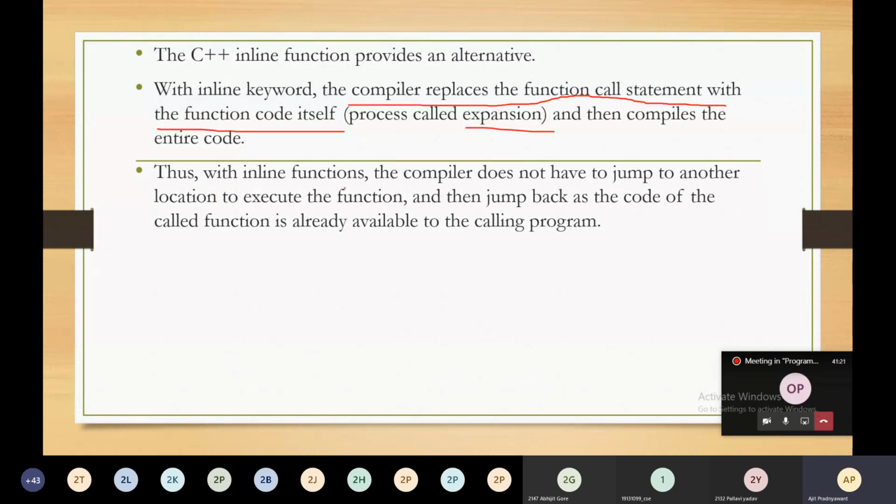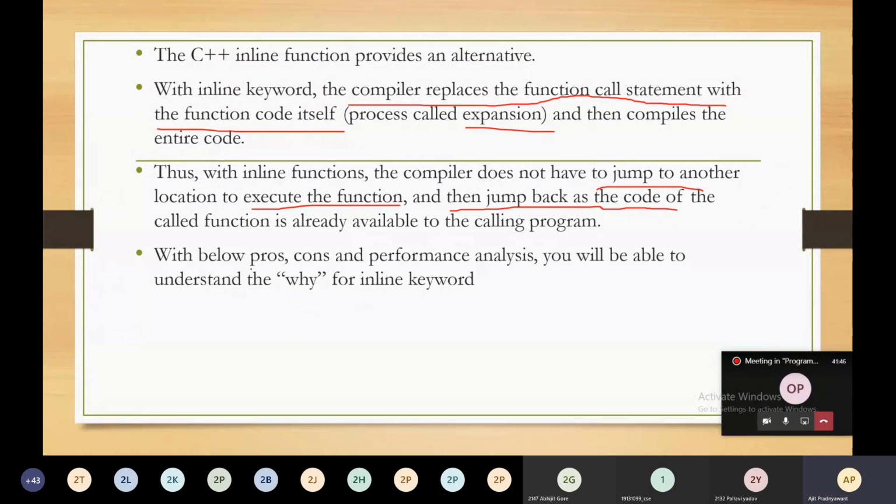So with inline functions, the compiler doesn't have to jump to another function location to execute the function and then jump back, as the code of the called function is already available to the calling program. So it reduces the effort taken to call a particular function.